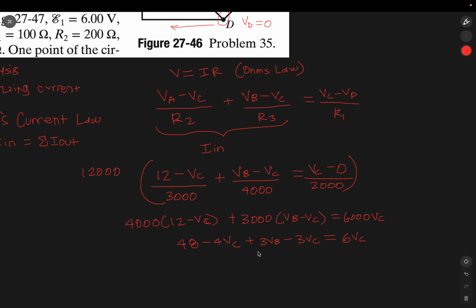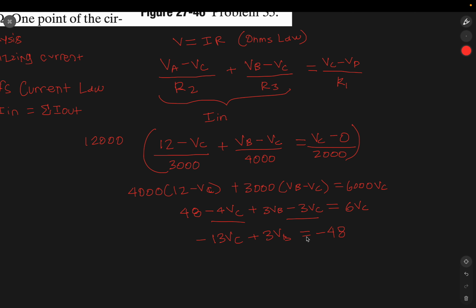So we have our 4 VC, 3 VC, so negative 7 VC minus another 6, so negative 13 VC plus 3 VB is equal to negative 48. So now we can multiply both sides of the equation by negative 1. So I get 13 VC minus 3 VB equals 48. So this is our equation 1,